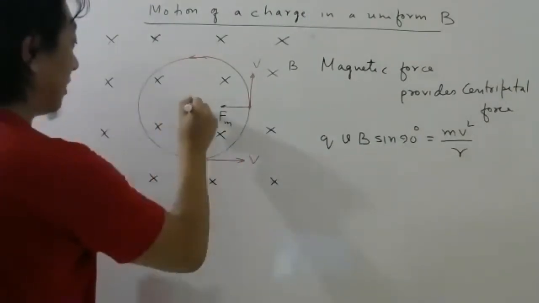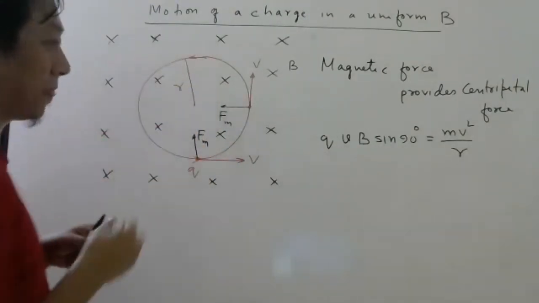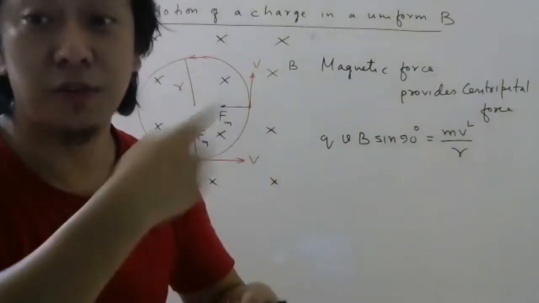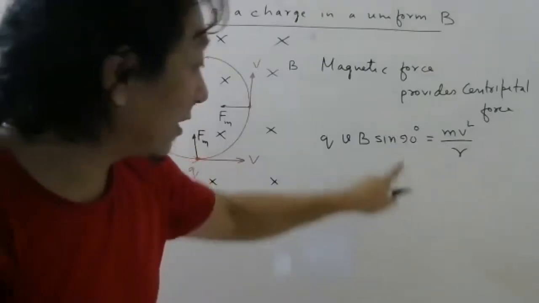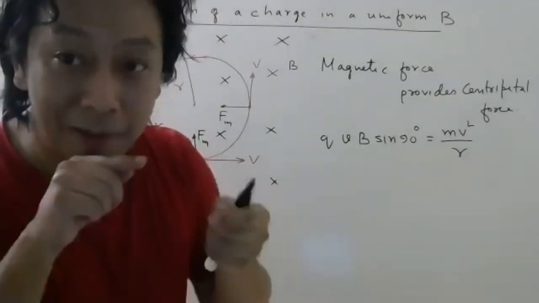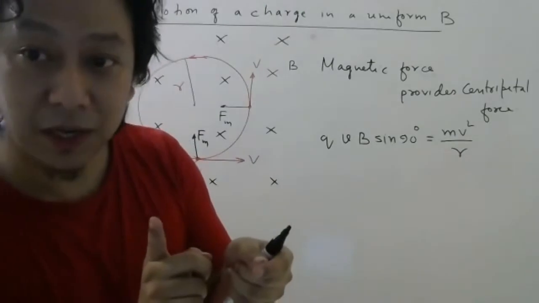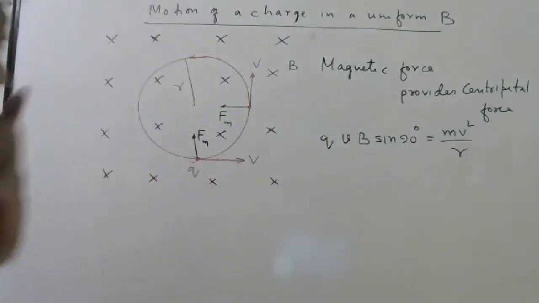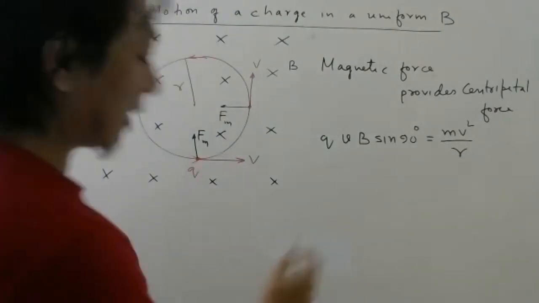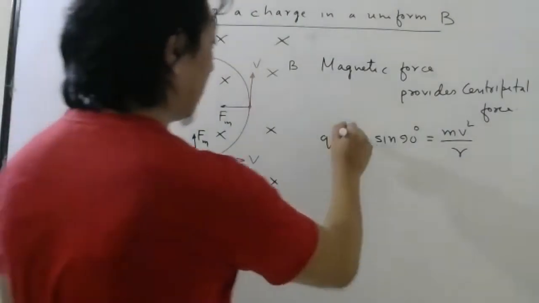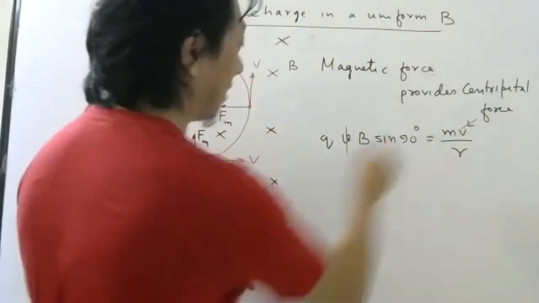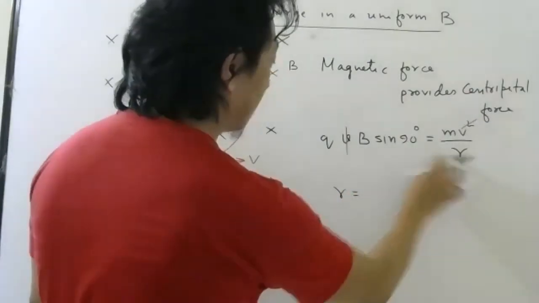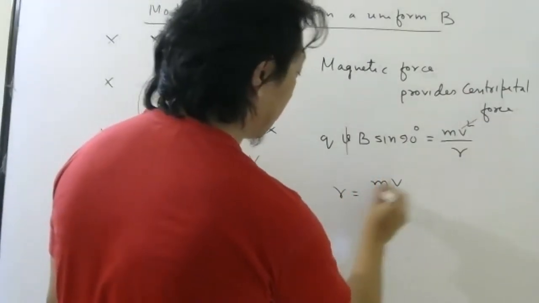So what is this r? This r is the radius of the circular path in which the charge will move once it enters perpendicularly in a magnetic field. If not perpendicularly, we will think. Don't worry. First, let us do the board syllabus. So now you can see clearly, V will cancel, 1V will cancel, sine 90 is 1. So what will be your radius equals to? Cross multiply mv by q.